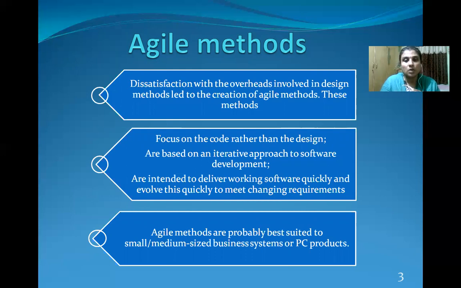Correct? Nowadays in the market, every now and then we are facing a lot of software, and they're coming up with new software. So to satisfy the business needs and the customer needs, they have to follow this agile methodology. The main focus of agile methodology is on the code rather than the design. They're not worrying about the design part. They follow the software development life cycle phases as specified, and they are following iterative development, either incremental or spiral, but they're not giving much importance to the design part.